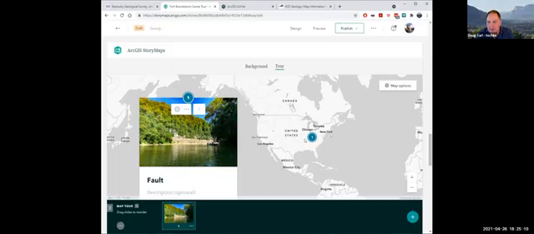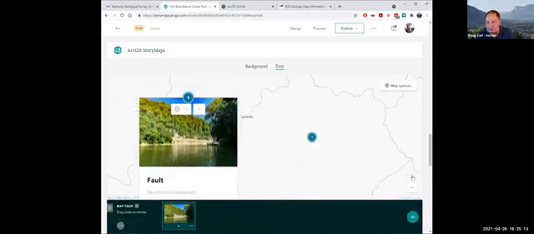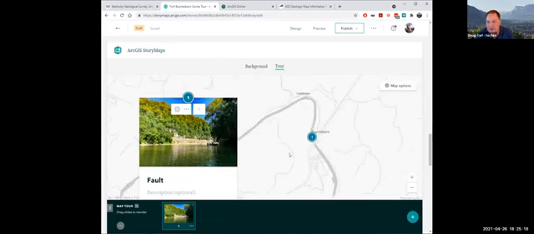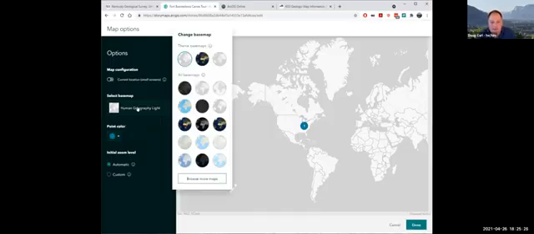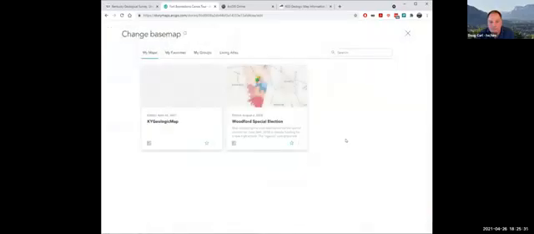So that's neat. But this map is human geography. It doesn't really tell me there's a fault here or anything. And so what I want to do is configure this map to have a geologic map. And so I can browse more maps.